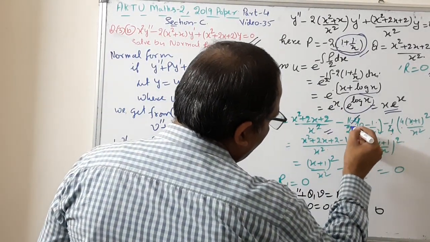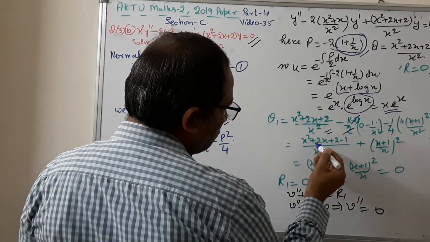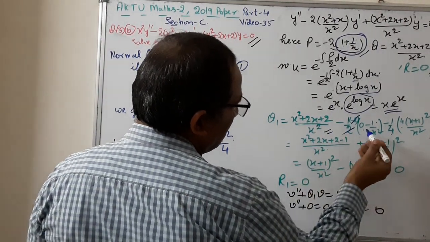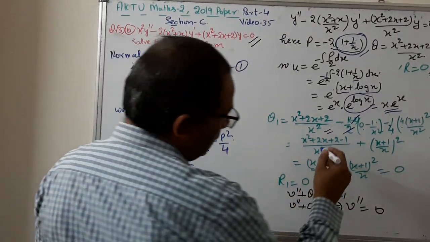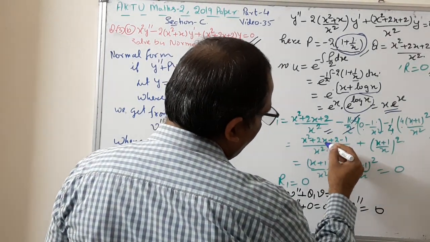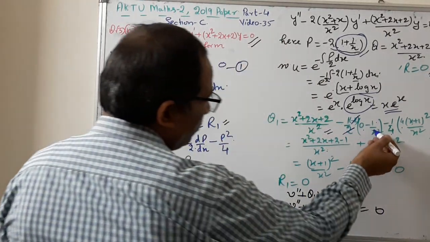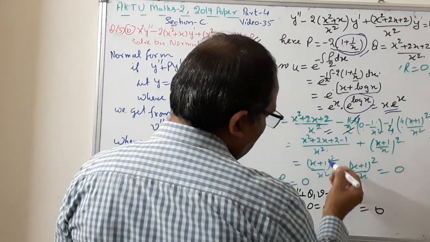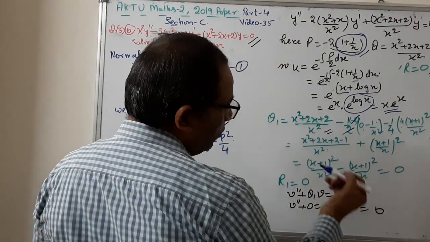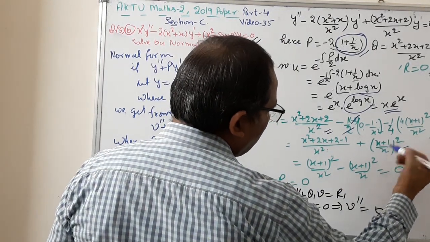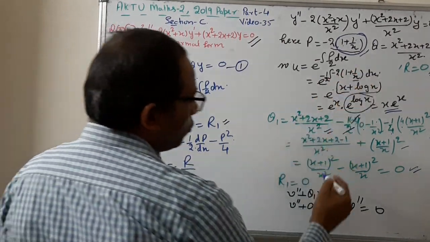Now this minus 2 cancels out with this minus 2, and this minus sign is a plus sign, this becomes plus sign. So we get x square plus 2x plus 2 upon x square, and this becomes plus 1 upon x square. Taking x square as the LCM, we get x square plus 2x plus 2, and from here we get this minus of 1, right? From this minus 1 we get x square plus 2x plus 1, that can be written as x plus 1 whole square upon x square. The value is equal to 0. And r1, because r is 0, so r1 is 0.